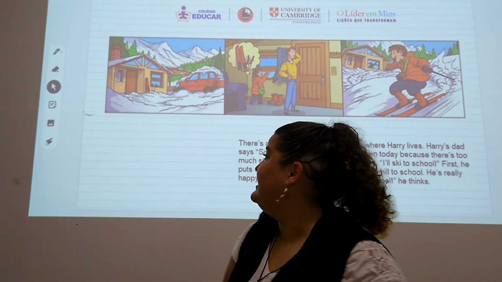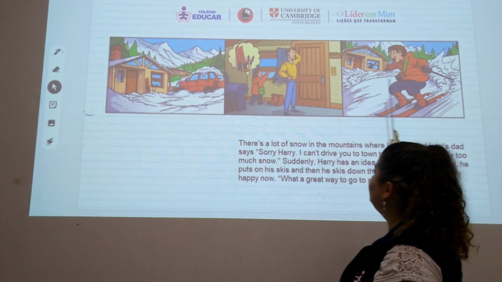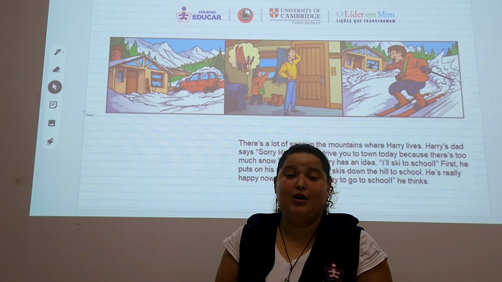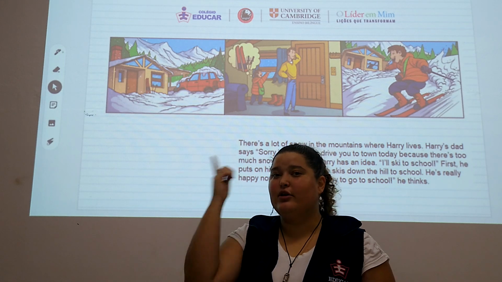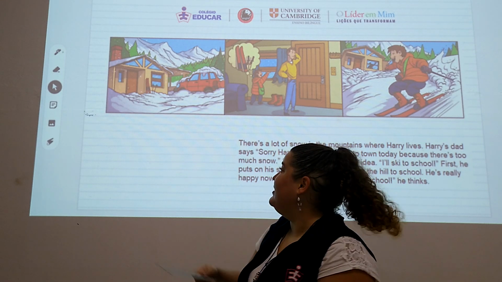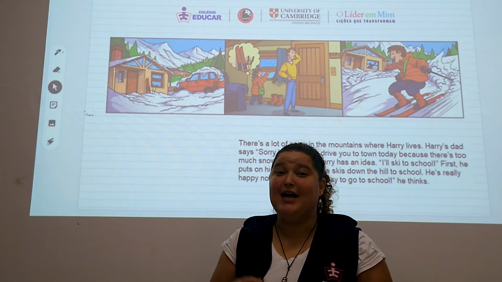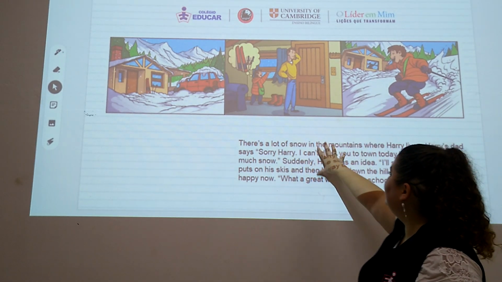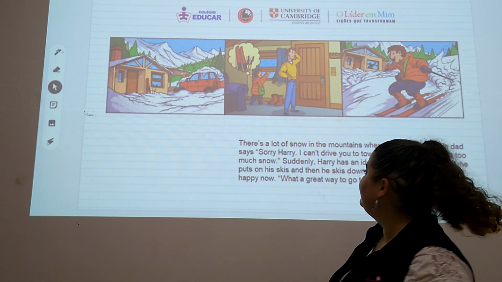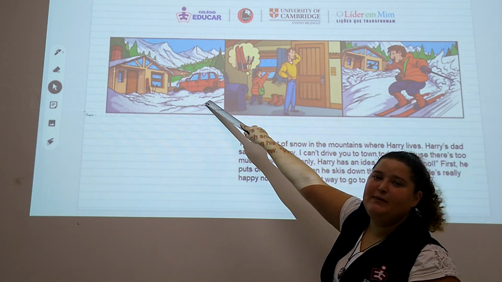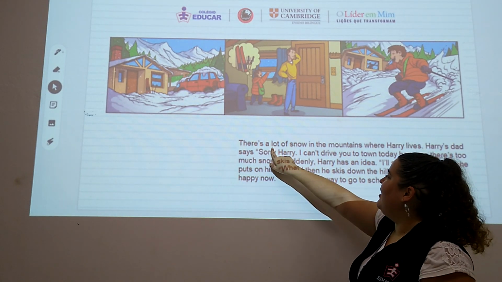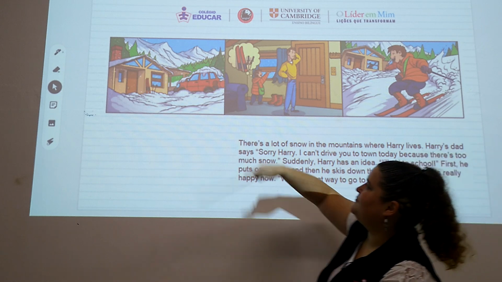The only difference is, now you have got 3 pictures. And what you need to do is describe this picture and tell the story. Different from the other exercise that you should just say it and talk the story, here you need to write it down. So for example, I have here a short story of these 3 pictures. As you can see, look at the first picture. There is lots of snow. So there is a lot of snow in the mountains